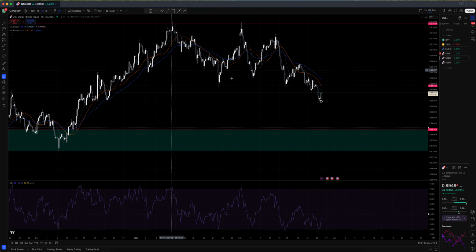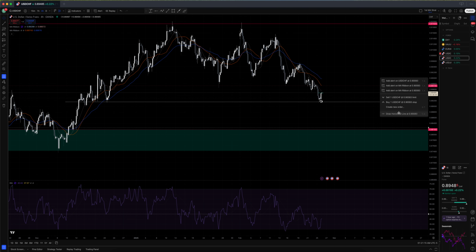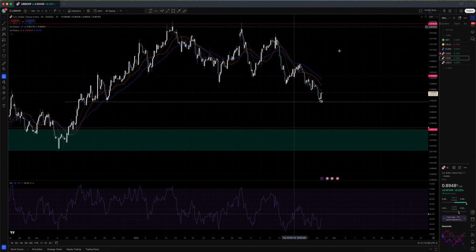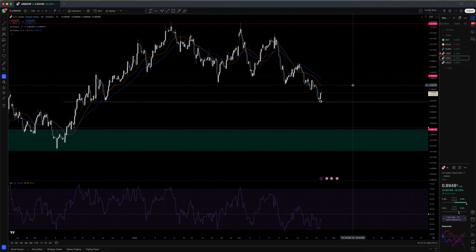Maybe come around here. This would be resistance right here, here, here. This was resistance, support, weak support, support. So maybe we'll come back to this area before we continue down further. It could also be here. I like to say maybe this entire zone, so anywhere within